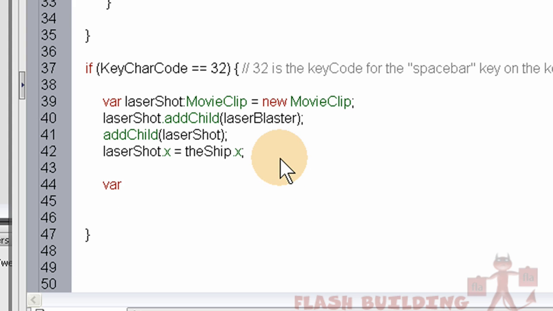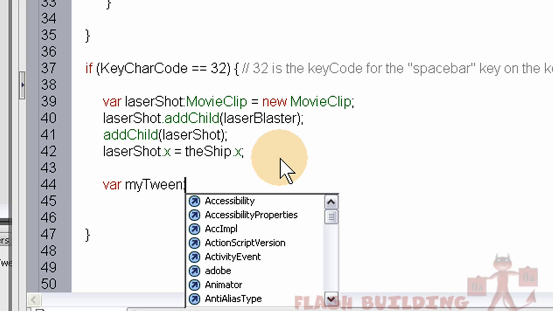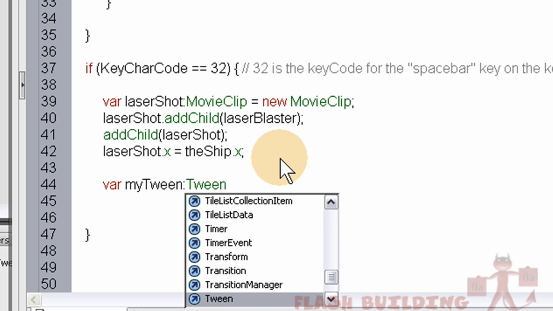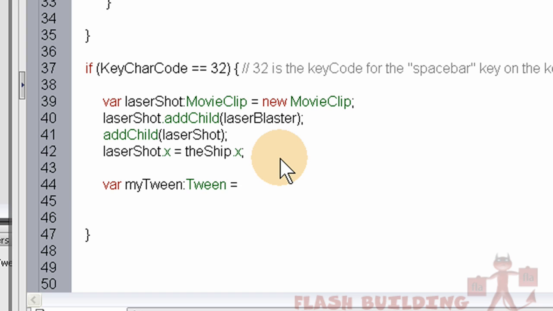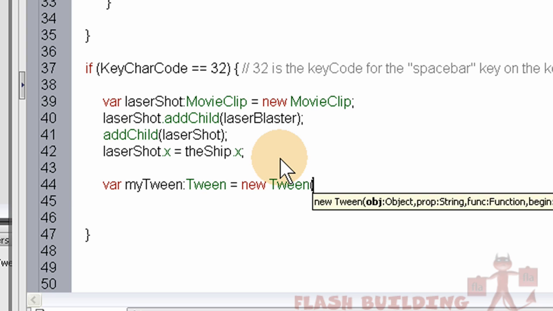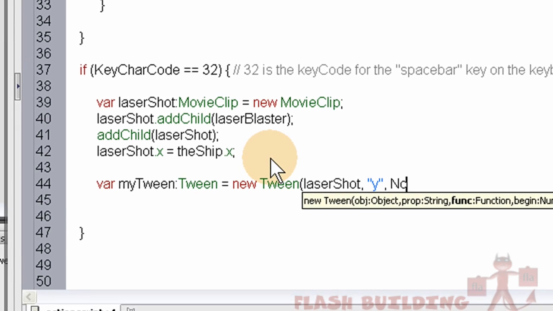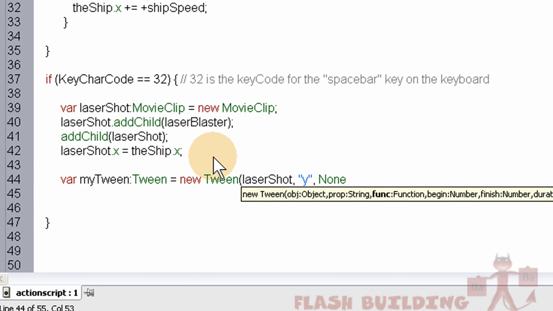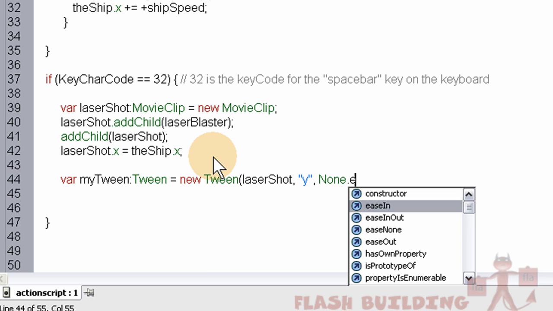So we type var myTween, and this tween is for the laser actually shooting up the screen at your space invaders or whatever little creatures you want to make in your game. This is new Tween, open parenthesis, and this is for the laserShot movie clip on stage. This will be on the y-axis, comma. Now this will be None because we don't want it to be elastic, and we'll have it ease in,